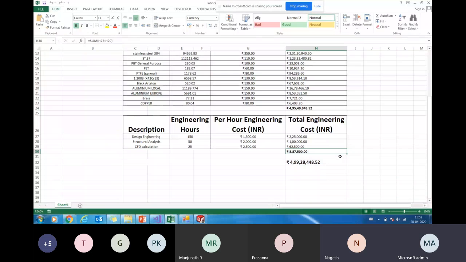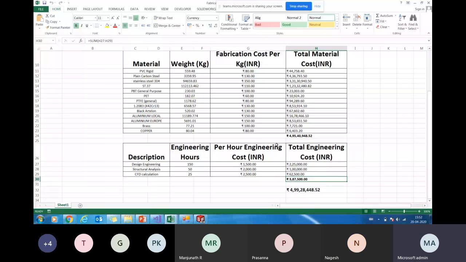So here is one question, Nesh. How are you giving us the database with your application? Do you have the database, or are you giving an option that users have to create their own set of database for this? Material or weight will come from the SolidWorks material. No, I'm talking about the cost, like the fabrication cost or the weight cost. This will be industry cost. It will vary from industry to industry and cannot be fixed. So this cost I have put based on my manufacturing field experience. I've been working in a company where I did this costing part.